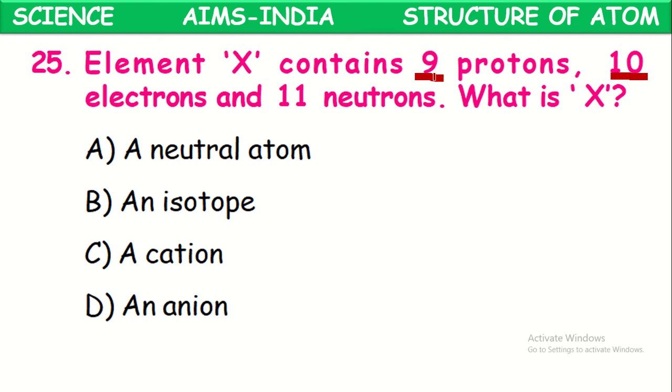Means there is one extra electron on this atom. Means it gained one electron. By gaining electrons, atoms will be converted into negative ions because the proton number won't change for any element. Only the electron number will be changing. As it has one electron more, we can understand that it gained one electron. By gaining electrons, atoms form negative ions which are called anions. So X is an anion. Got it?